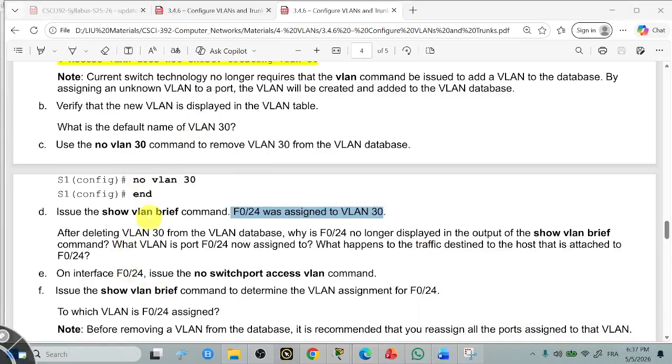After deleting the VLAN from the database, why is F0/24 no longer displayed in the output of the command? What VLAN is the port now assigned to? What happens to the traffic destined to the host attached to F0/24? As I told you, we deleted, as you remember here,